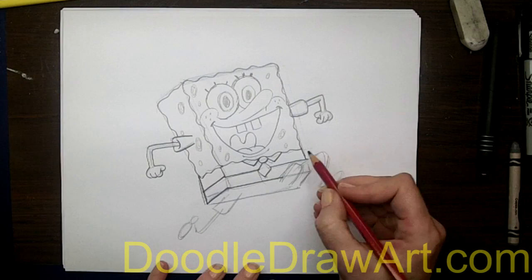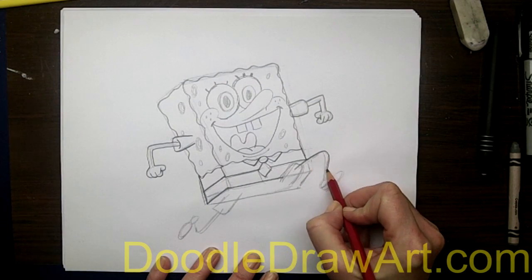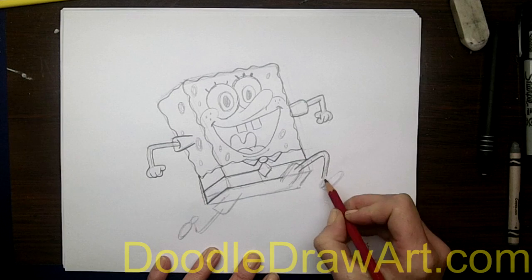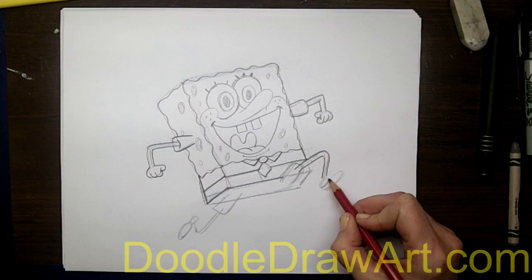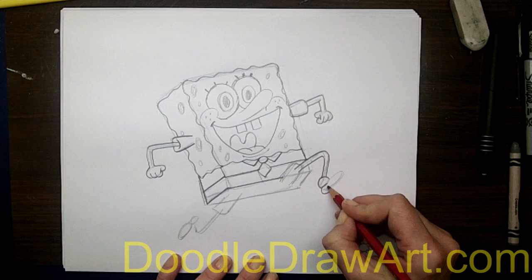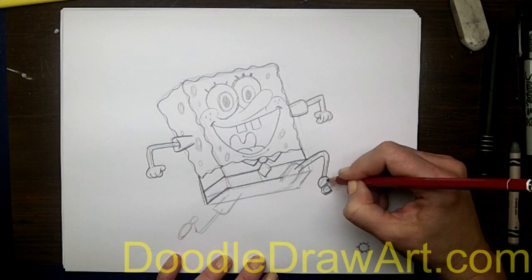So let's do the same thing we did before. Let's start going up over the knee and down to the foot. Same thing from the bottom, his skinny, skinny legs, up over and down to the foot. Now, his foot is up in the air, so let's draw this part here. That's where it attaches to his foot. And then this is the heel of his shoe. So we're going to see the bottom of the sole of his shoe, and it's going to look like this